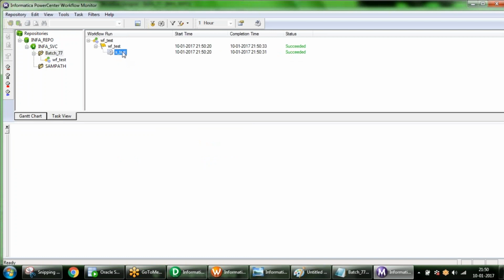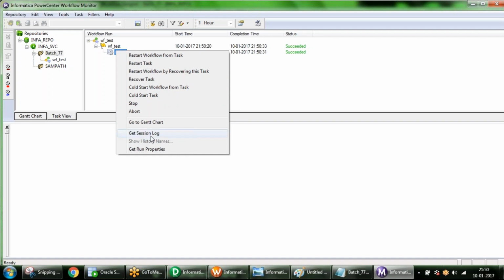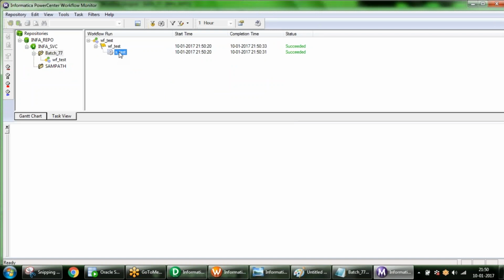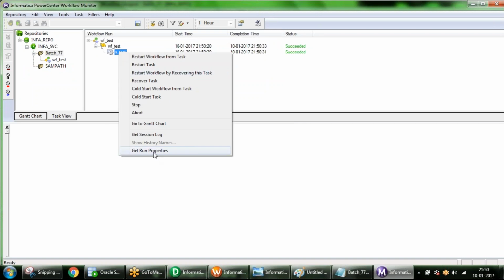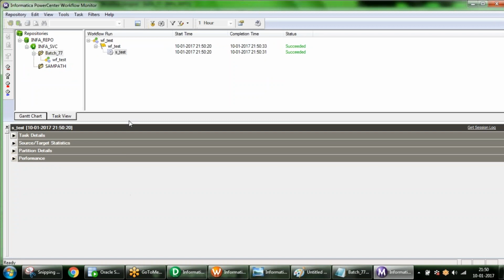Now I want to see the statistics. If you click here, get session log. If you click on your session and open it, you will get the log file. But instead of opening the log file, right click and get run properties. Automatically you will have one more window here.